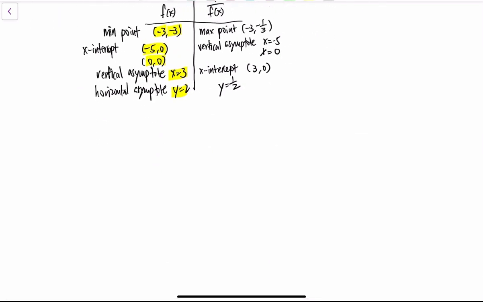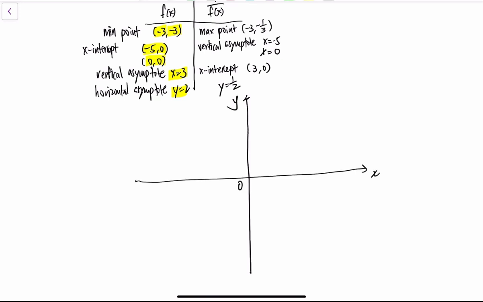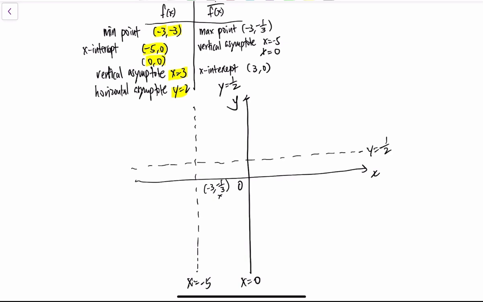Of course we still look at the shape, but let's draw the graph first. First we look at the maximum point. Our maximum point is right here, (-3, -1/3). Then we look at our vertical asymptotes, x equals -5 and x equals 0. Although it's along the axis, you still must label it. And this will be the horizontal asymptote, and of course the x-intercept